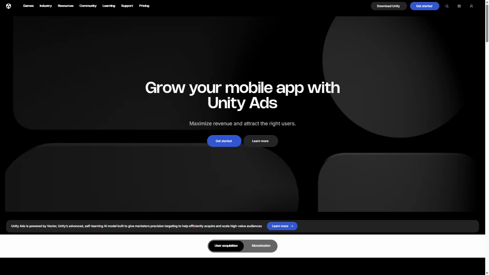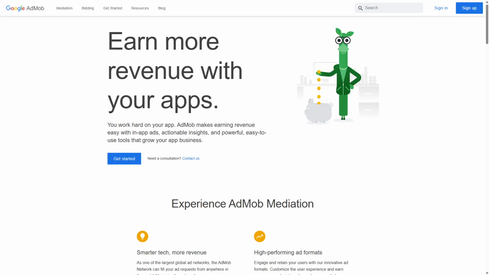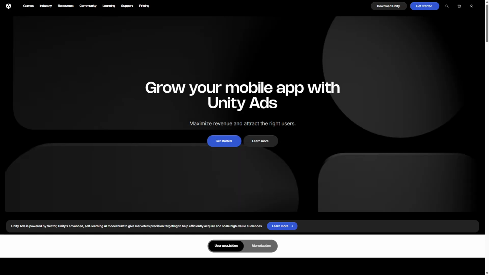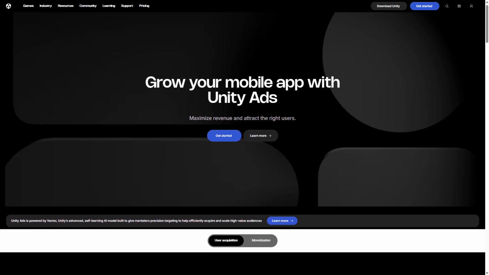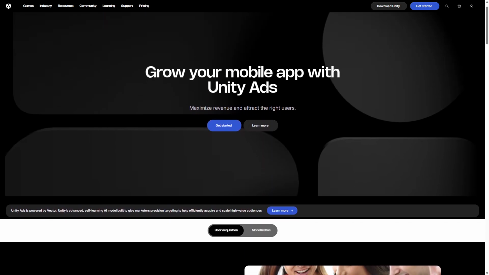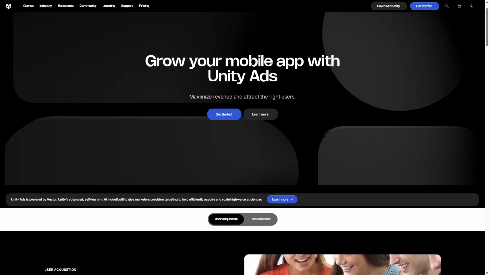Unity Ads and AdMob are two leading mobile advertising platforms. The core difference lies in their integration focus. Unity Ads is tailored for game developers, while AdMob offers a broader reach across various app types and Google's extensive ad network. Unity Ads is a mobile ad network developed by Unity Technologies, primarily designed for game developers using the